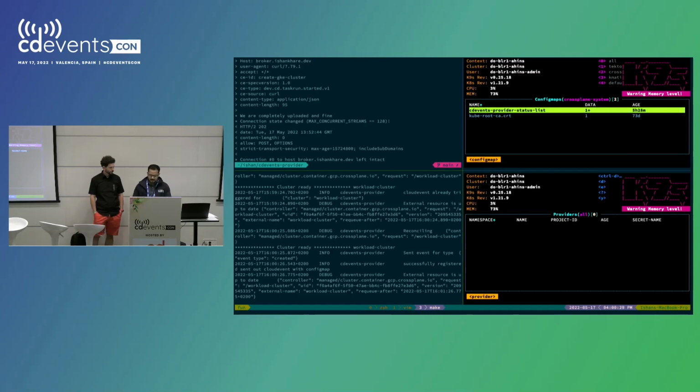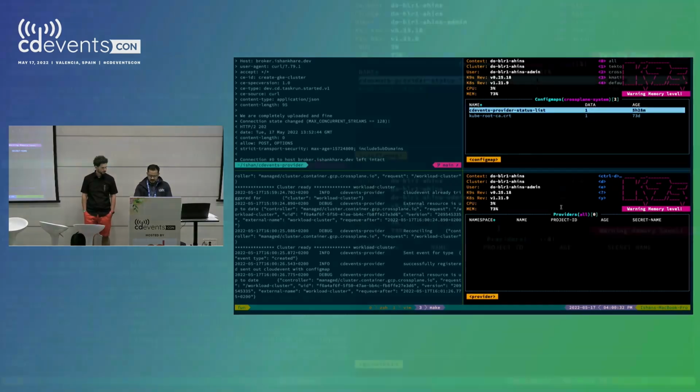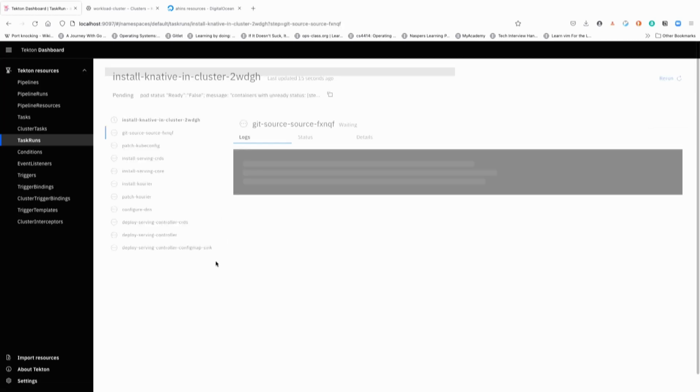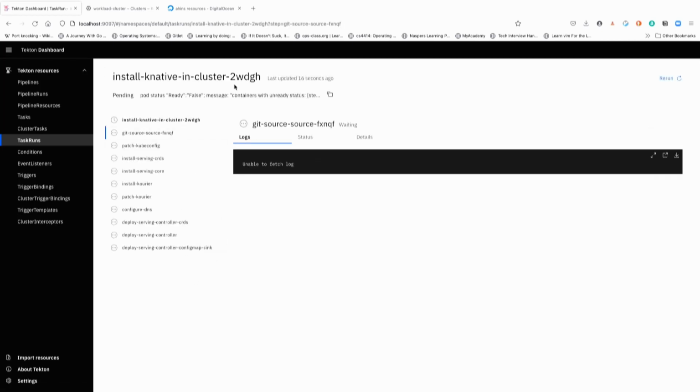Reconciling? There you go. Reconciled. Config map is updated, and there you go. So as you see, another pipeline was triggered by the controller with install Knative. Now there's a lot of steps that it does, but basically at the end of the day, we should